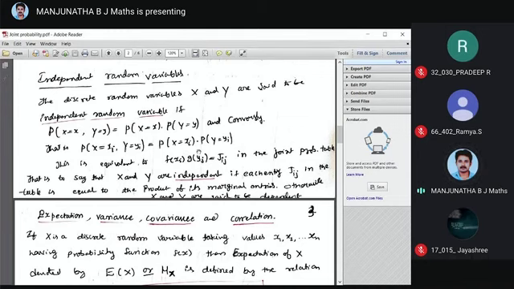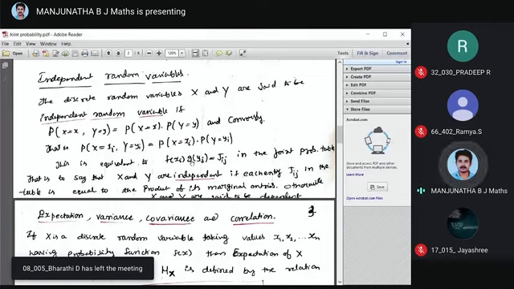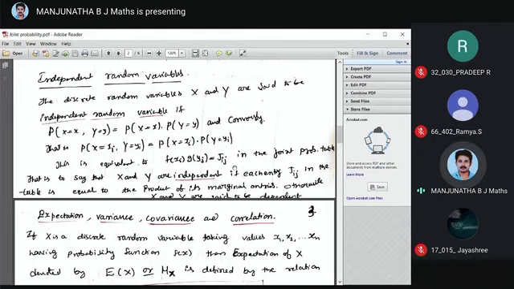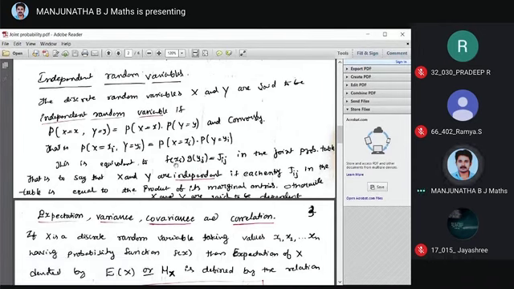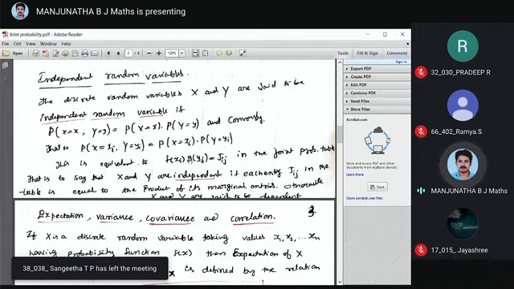So what does that correspond to? F of xi, g of yj equal to jij. F of x1 into g of y1 is equal to j11. If they satisfy that condition, we say that x and y are independent. F of x1 into g of y2, that is j12. You take the product of f of x1 into g of y2 just to verify whether it is equal to j12, or f of x3 into g of y2, that is j32. F of x3, g of y2, i is 3, j is 2, therefore j32, right?